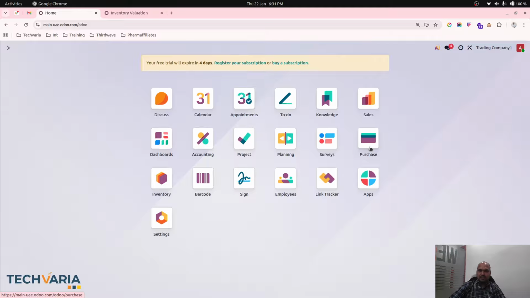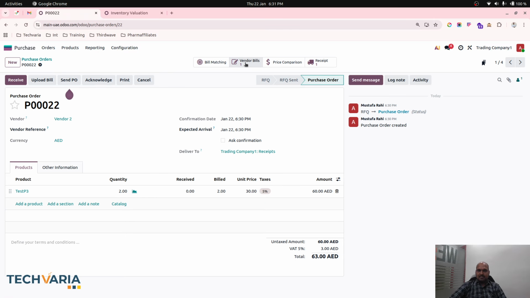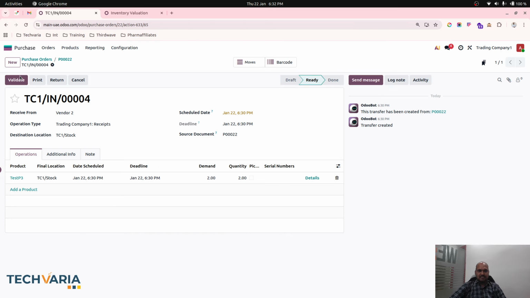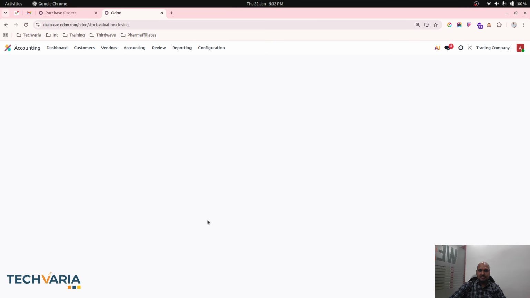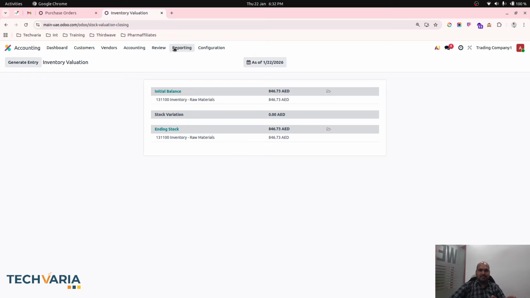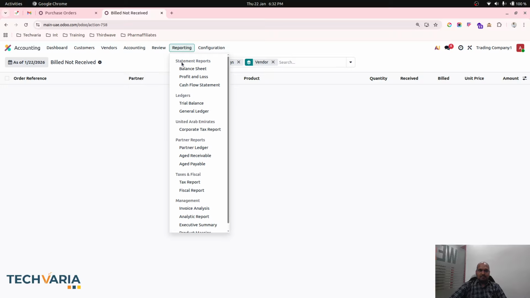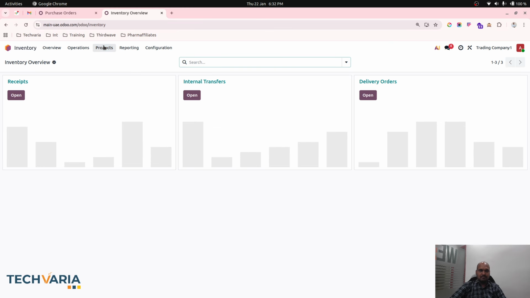So now what I do, I will go to my purchase order where my purchase and bill are already done, but my receipt is not done. So I validate my receipt and I am done with my receipt. And over here, once I refresh, everything seems perfect. And in my review, billed but not received is no more available. So your account is clean. Now based on your present balance sheet, you can see 846.73 AED worth of stock, which will be the same over here,